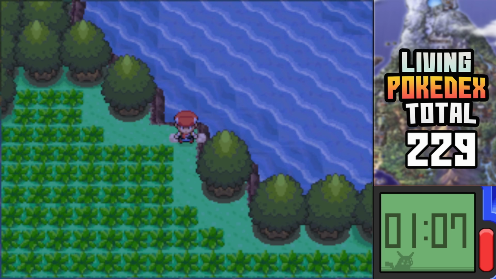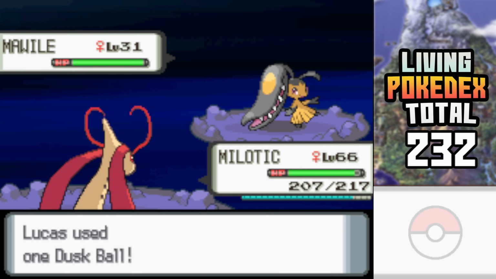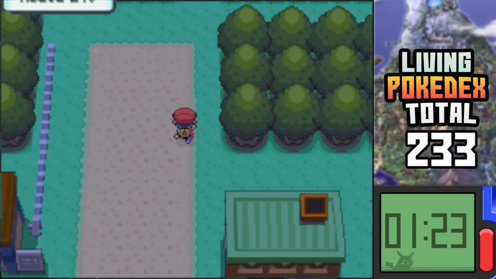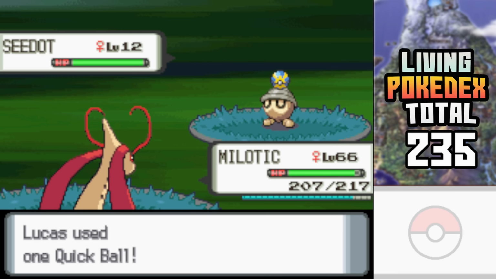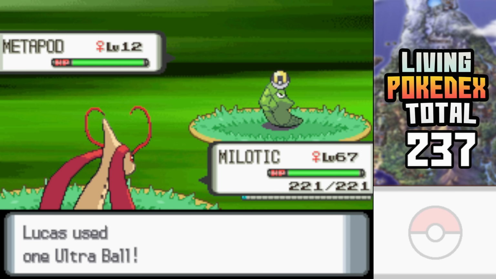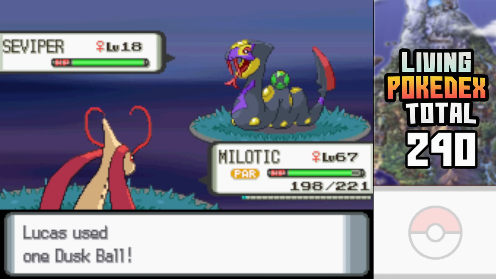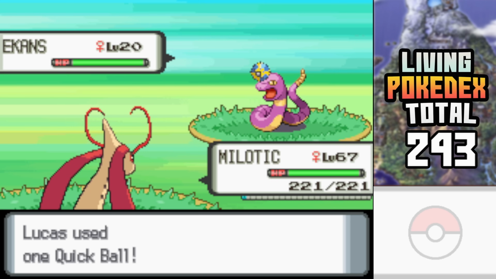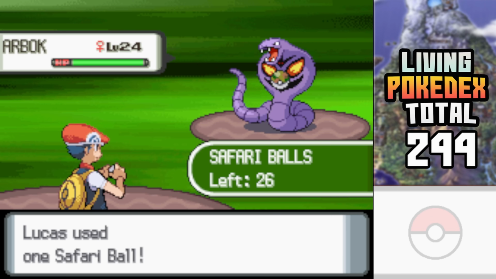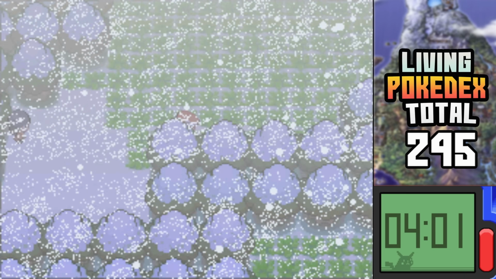He went back to Lake Verity, where he caught a Solrock and a Lunatone; Iron Island, where he caught a Mawile and Sableye; Route 210, where he caught 2 Nuzleaf; Eterna Forest, where he caught a Seedot, Pineco, Metapod, and Kakuna; Route 208, where he caught a Zangoose and a Seviper; Route 212, where he caught a Lotad, 2 Lombre, and Ekans; the Great Marsh, where he caught an Arbok; Lake Acuity, where he caught Teddiursa;